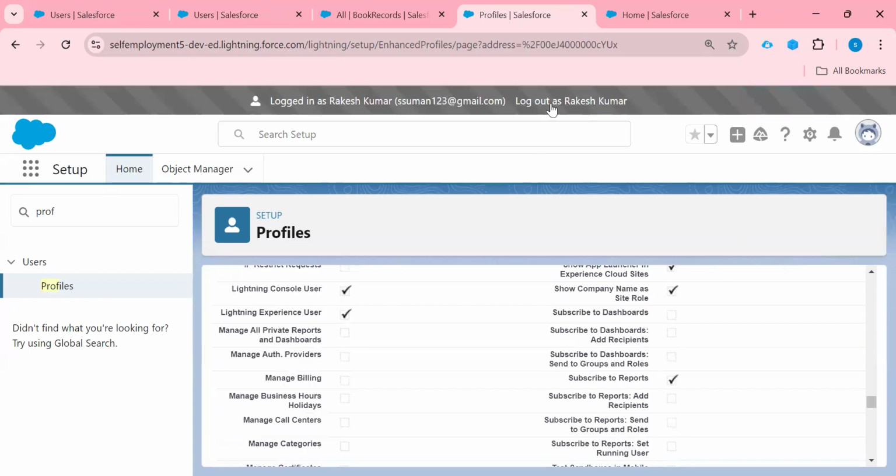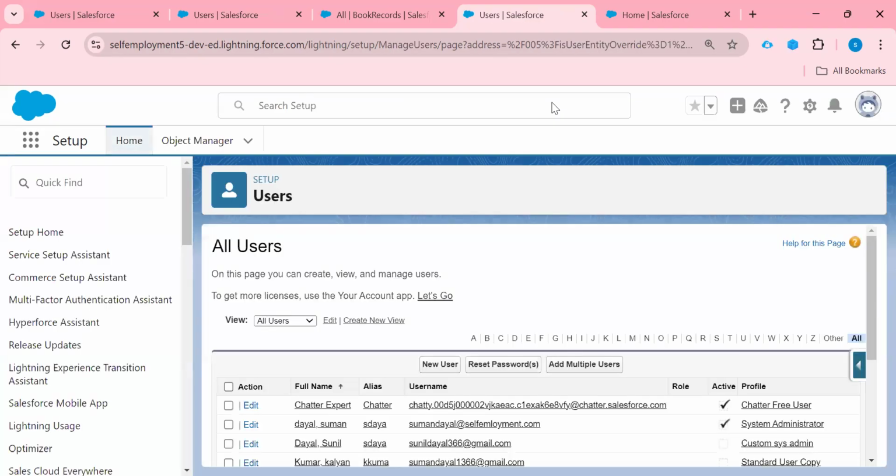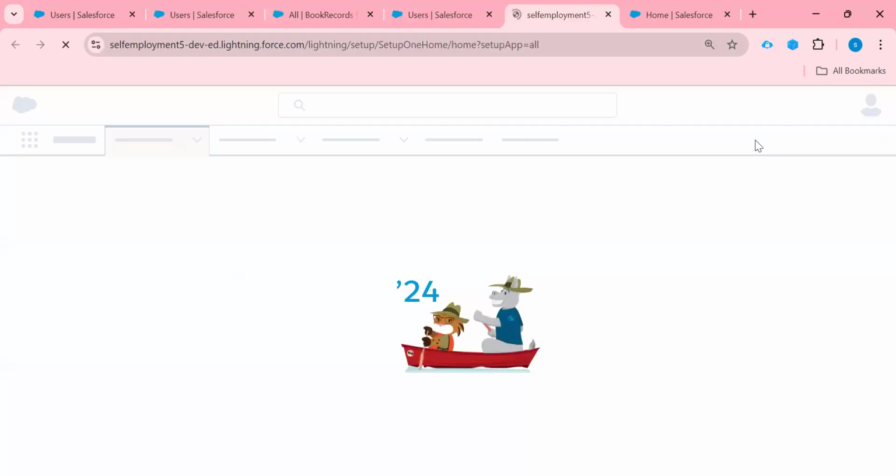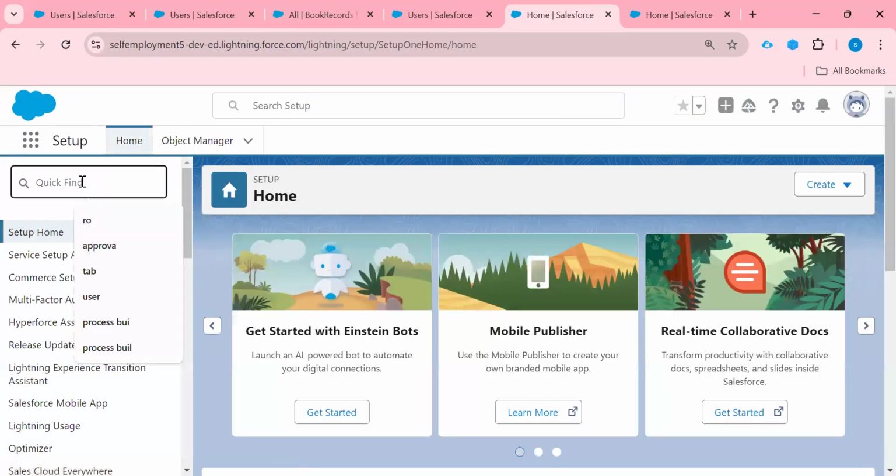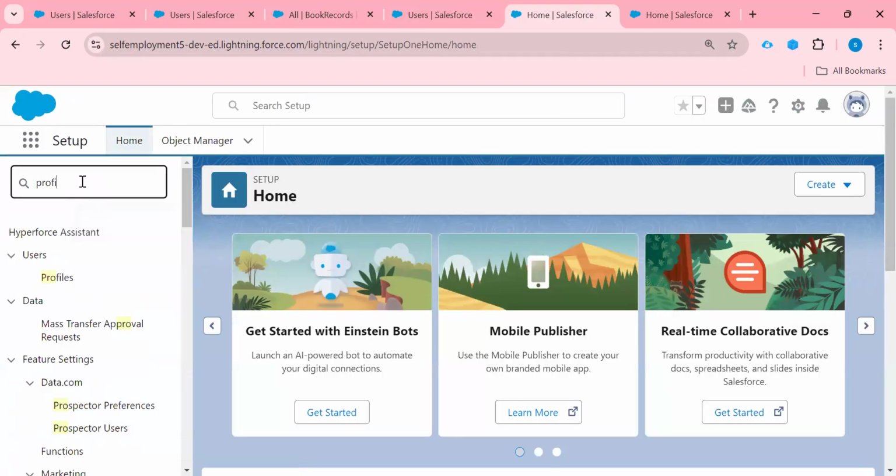So first I need to log out of this. Just log out. Now this is my profile. From here I can edit the profile.